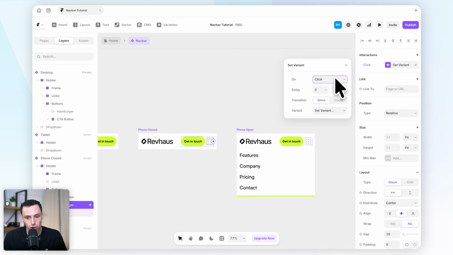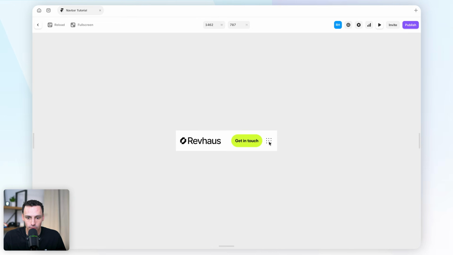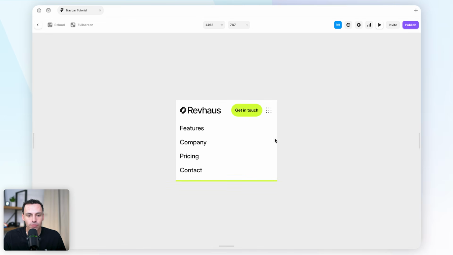So first we'll set the trigger, so when this animation or interaction actually occurs. So we're going to make it on click, so when somebody clicks on that hamburger menu. And then we're going to make it transition to our phone open variant, just like so. And we can preview this. So if I press on preview here, press on the hamburger menu, you'll notice it opens up my navigation here,